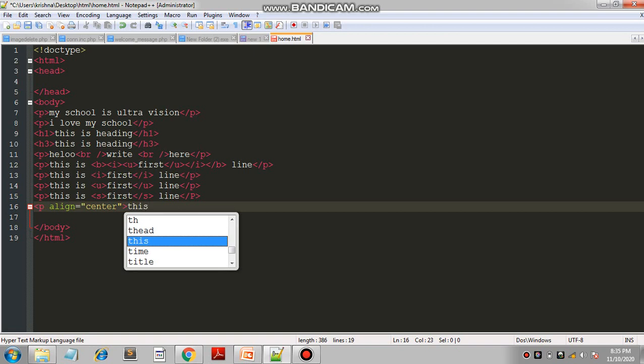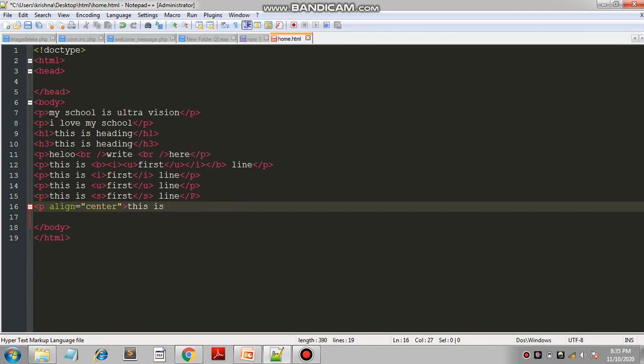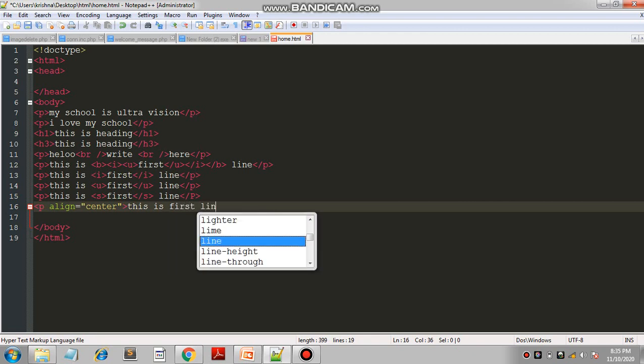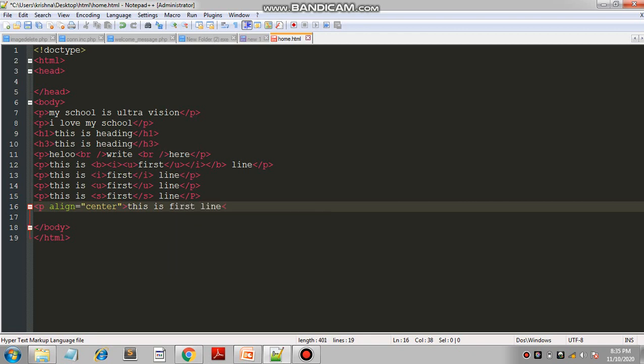This is first line, end of p tag. Okay, Control S, go to your Google Chrome.